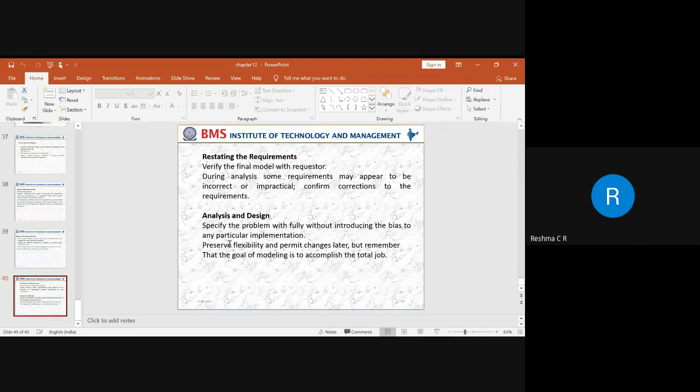And one more thing is, we need to identify how a perfect analysis can be done later, when we want to go into the development stages. So it should not be too rigid, and we should have some rules for performing the analysis. Whenever we are making the rules, they should preserve the flexibility and permit changes. So before making the implementation, we need to have flexibility in correcting the requirements. That is how we manage the analysis and design.